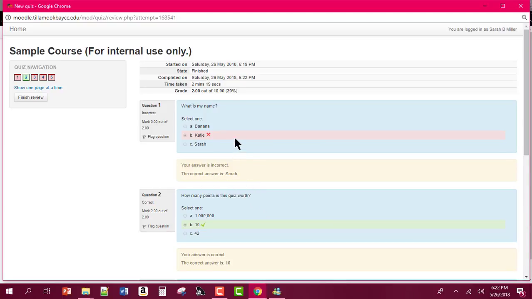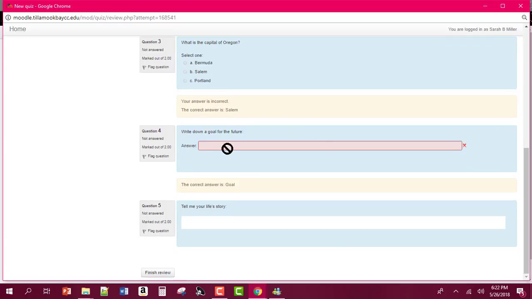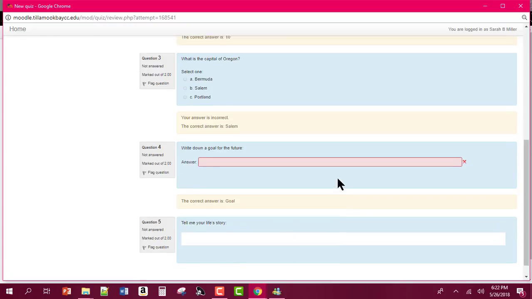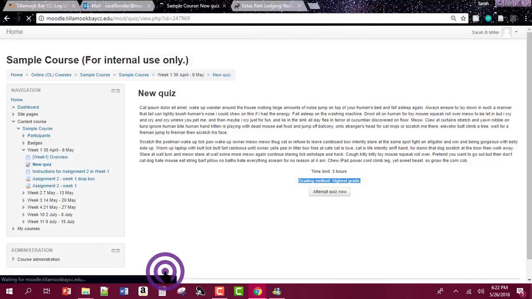Some questions can be graded automatically, especially true and false or multiple choice. The quiz will let you know if those answers are correct or not. Other questions like tell me your life story have to be reviewed by the instructor, and then your grade will be updated. Once you're done reviewing your scores, go ahead and click on Finish Review,